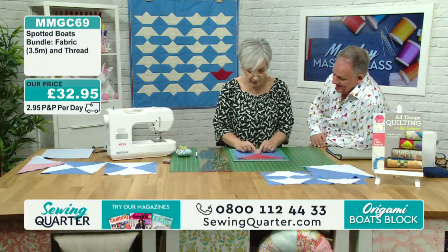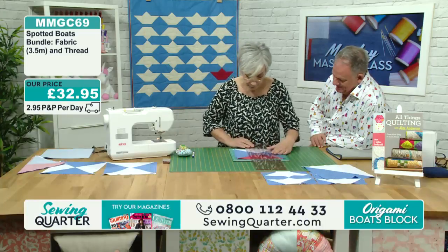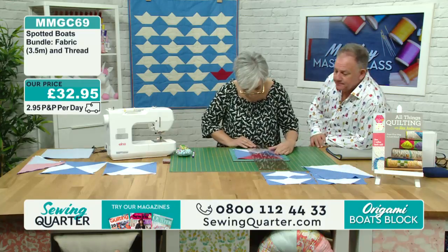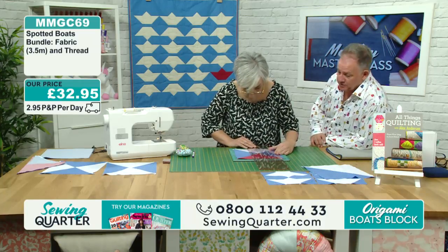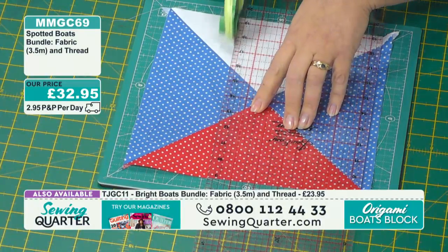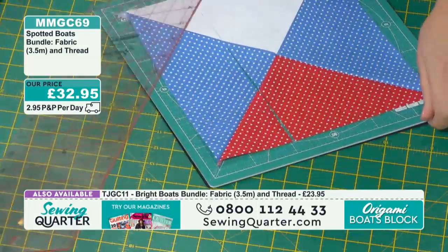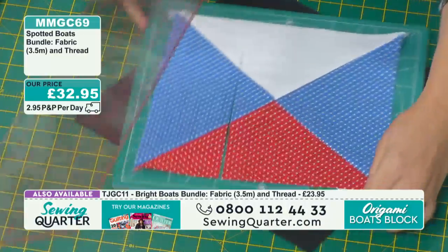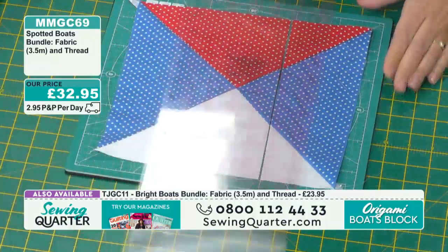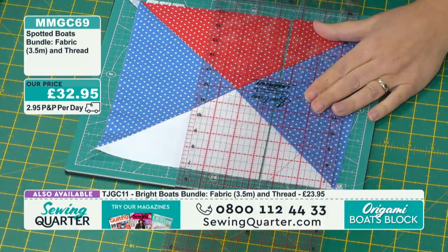So we're going to do the same thing, measuring from the middle, 1 3/4 outwards. Yeah, measure twice, cut once, Jane. That's right. What time is it? Oh, yeah, we're all right. We'll do this and then we'll do the binding. Have we got time to show you the single block? I'll just cut, keep going, and we'll show you how it works. The single block, yeah, we'll do that in a sec. Oh, that's what this is for, is it? Yes. I'll just cut this and then we'll go on to the...